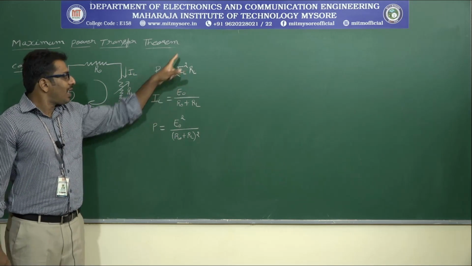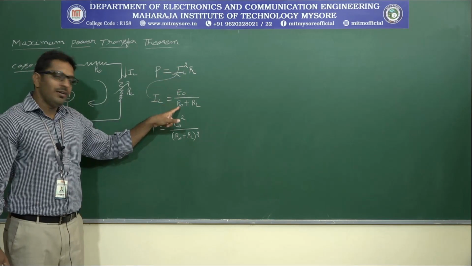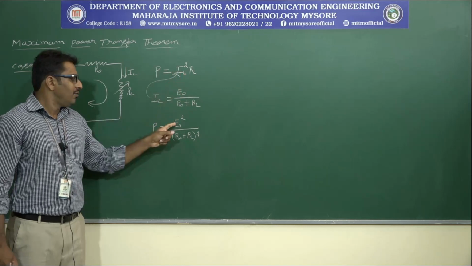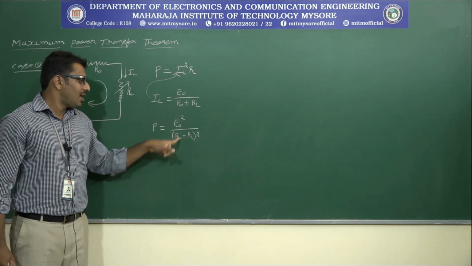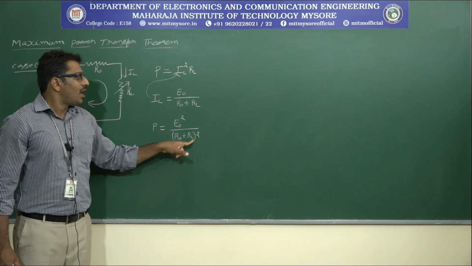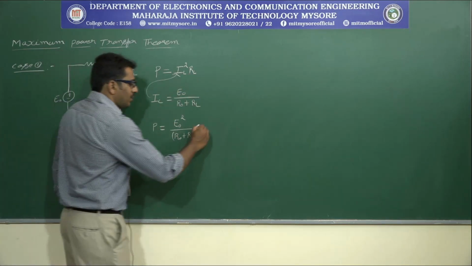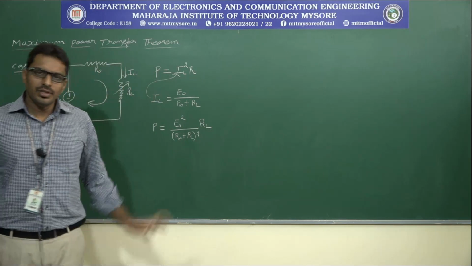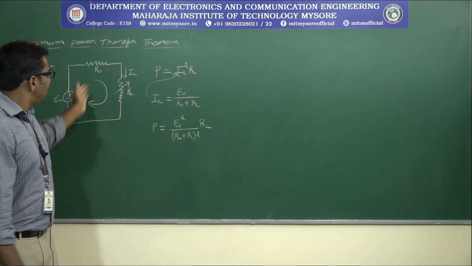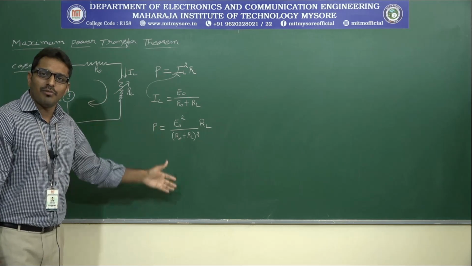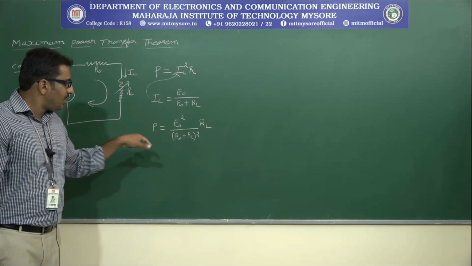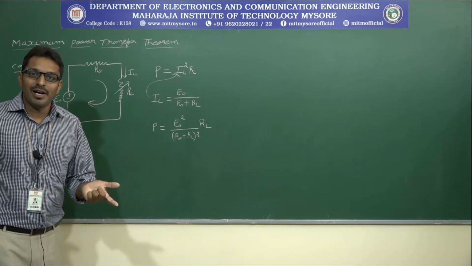Again, we can write it in this form, P equals E naught square divided by R naught plus RL whole square, into RL. So this is the amount of power received by the load resistance. Now, to calculate the maximum power,